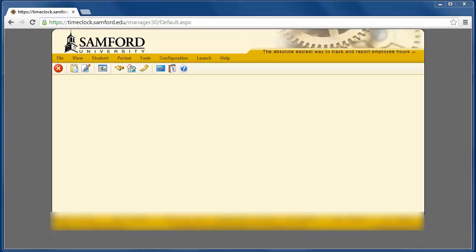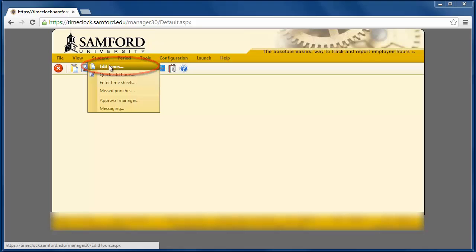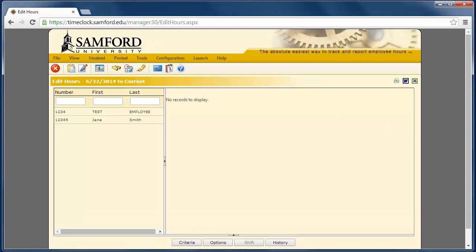Today we are going to go through the process of reviewing, editing, and adding hours. To review hours worked, you can click on this icon or go to Student, then Edit Hours. This displays all students that we have access to view. If we have a large group of students, we can filter by putting in information in these fields,